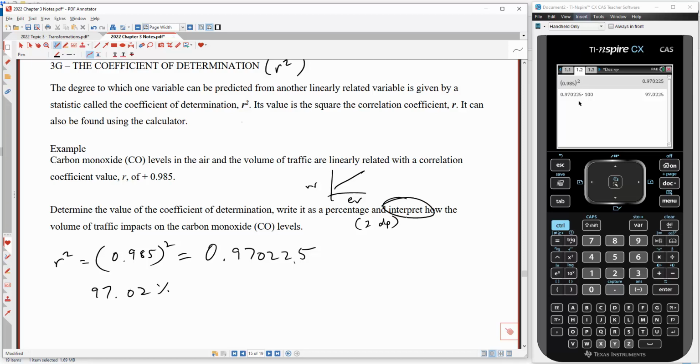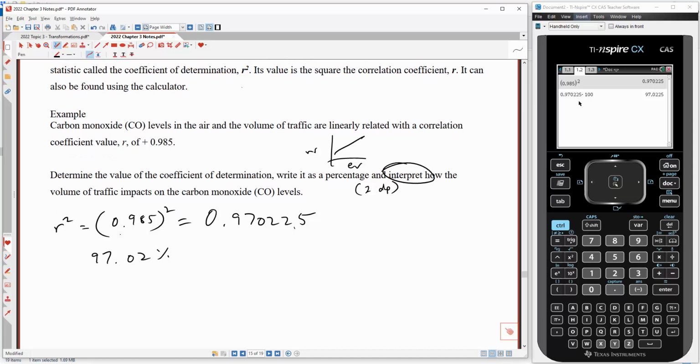Now, this is a script that you need to follow. I believe you know this script from last year. So what we're going to say here is the r squared value, so it's this. So we're going to say that 97.02% of variation in, all right, and we're talking about variation in the response variable here. Now, the response variable in this case is carbon monoxide levels. So 97.02% of variation in